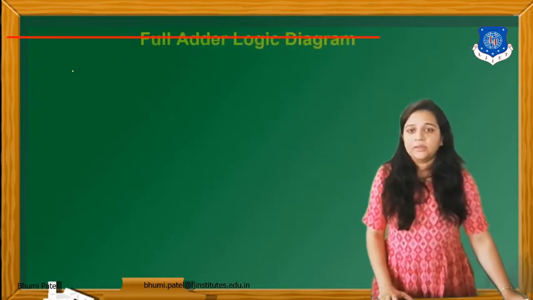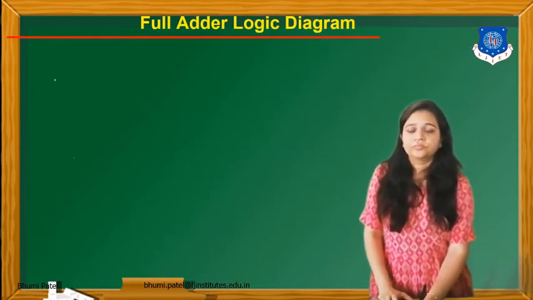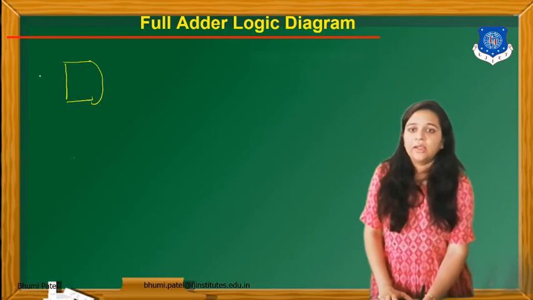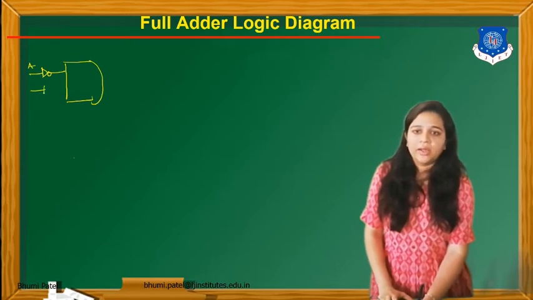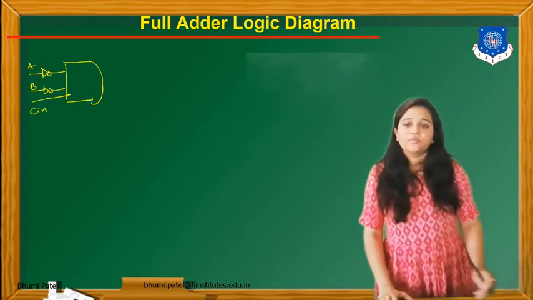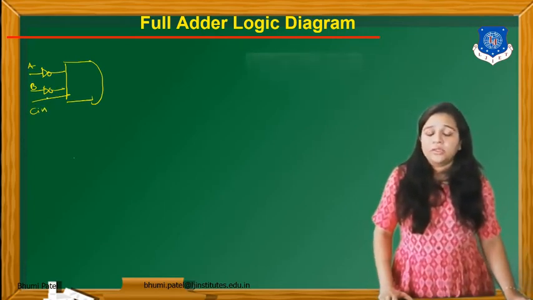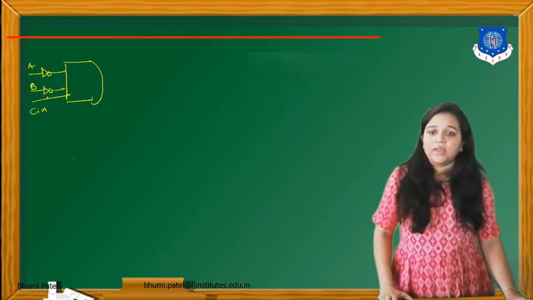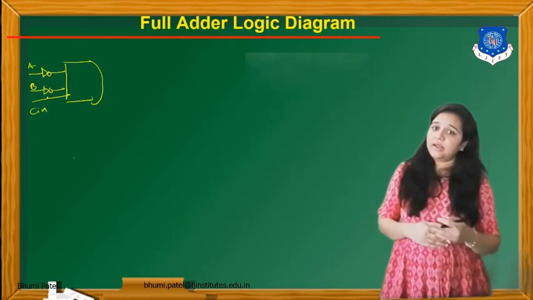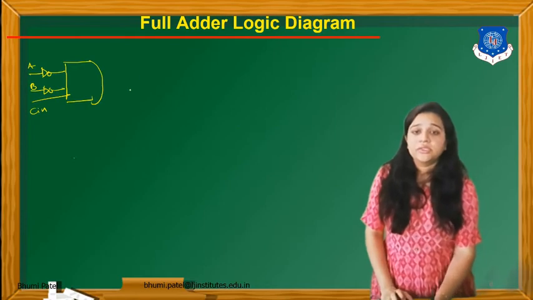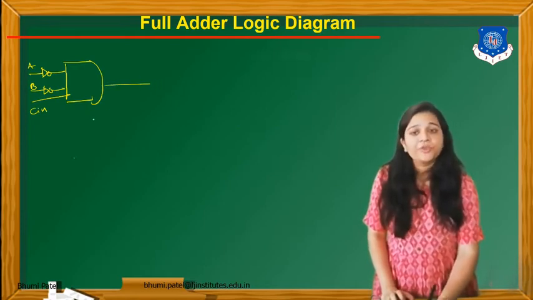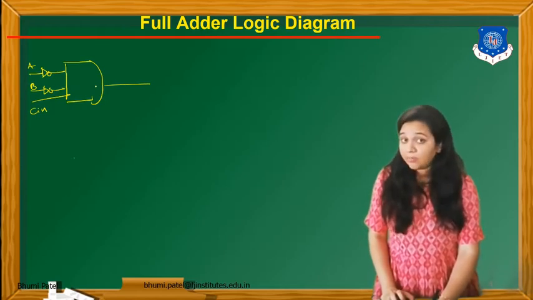So we can write here AND gate, we have to draw the AND gate, and A bar, that means NOT gate, B bar and C in. Okay, so we have drawn the same for other inputs and we can get the sum logic diagram. Okay, same thing we have to draw for the carry diagram. Okay, so this is my full adder logic diagram using the Boolean expression and using the basic logic gates.